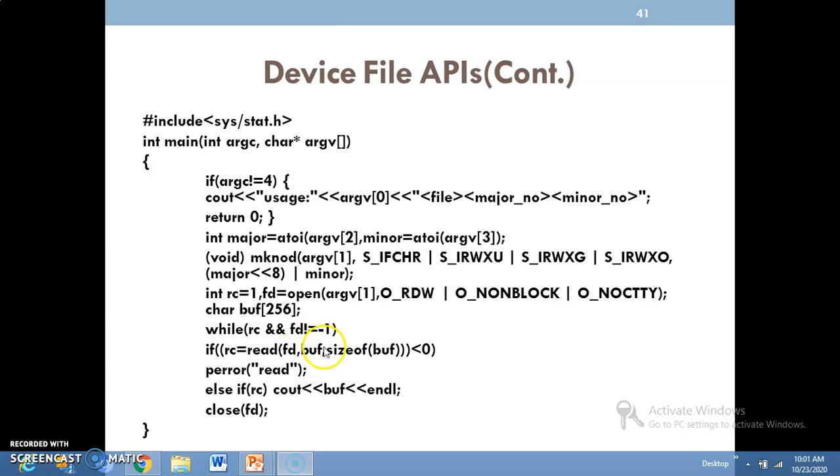Finally, how many bytes will be stored in RC here? Once this condition fails, then we go for this if(RC), where we are writing the contents to the standard output.